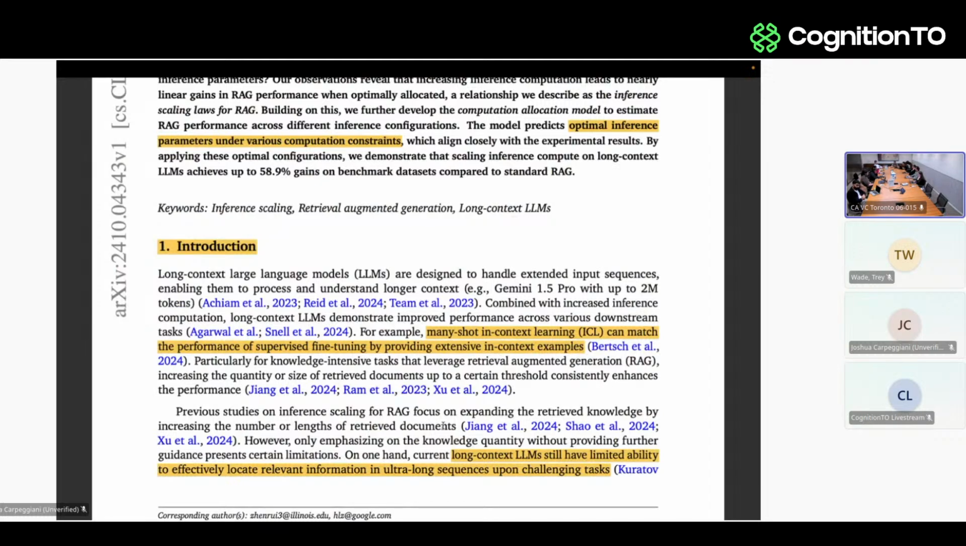Previous studies on inference scaling for RAG focus on expanding the retrieved knowledge by increasing the number or length of retrieved documents. However, only emphasizing the knowledge quantity without providing further guidance presents certain limitations. On one hand, current long context LLMs still have limited ability to effectively locate relevant information in the ultra long sequence upon challenging tasks. This is